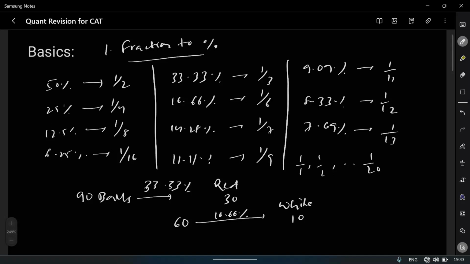Since CAT is not allowing a physical calculator, you can access the on-screen calculator, but it is going to be time taking. So I recommend you to remember all the fraction values from 1 by 1 to 1 by 20. After that,